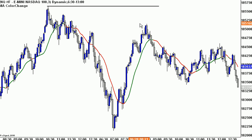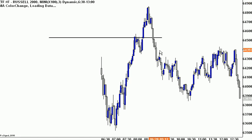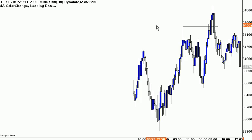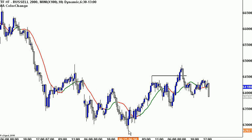Okay, we start out our nightly outlook with the Russell. And our outlook was to actually break this high and then have a pullback. We were going to look for it to pull back this whole move from this low to this high, and we're in the process of doing that. So there's a correction pattern in process right now. So tomorrow is going to be a fairly big decision day. Is this level going to hold and extend higher, or are we just going to break down and break this